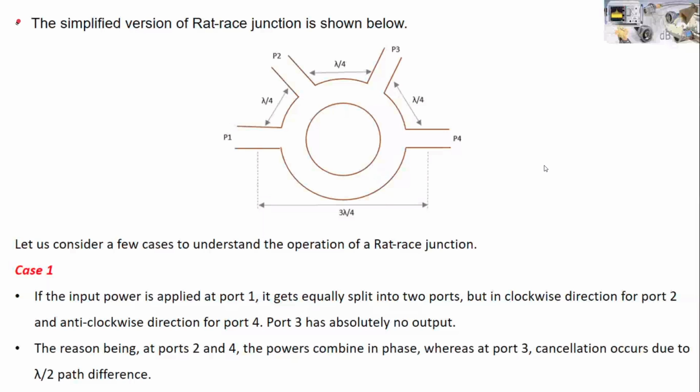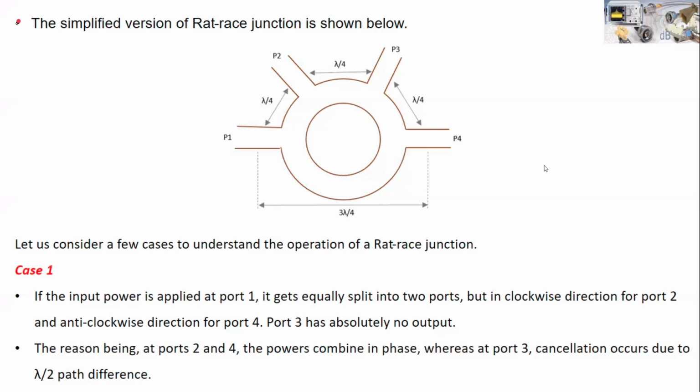And I told you what is a waveguide. It is a hollow circular device which is used to guide a microwave signal or electromagnetic signal. It is of different shapes. If this hollow structure is rectangular in nature, then it becomes a rectangular waveguide. If it is circular in nature, it becomes a circular waveguide. If it is cylindrical in nature, it becomes a cylindrical waveguide. So you don't get confused. It is just used to guide your electromagnetic wave.